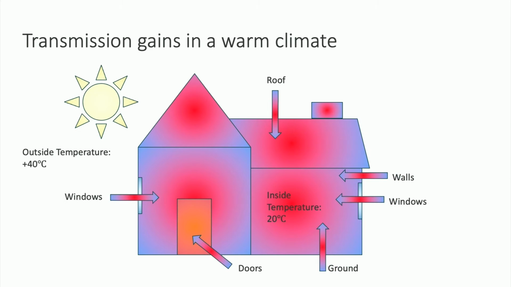In warm climates, the opposite is true. There will be an energy flow from the warm outdoor to the colder inside, and this will warm up the cool indoor air. How much heat enters the building is again dependent upon climate conditions, the temperature difference between inside and outside, but also on how well the building envelope is insulated to trap the cool air inside and keep the warm air outside.